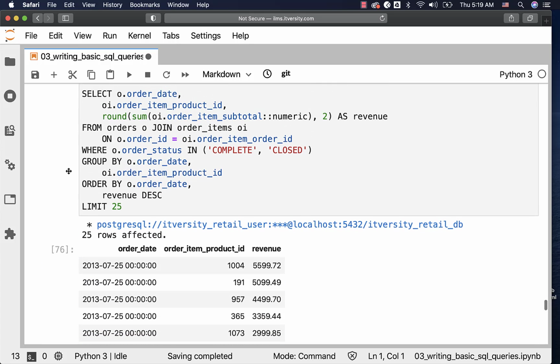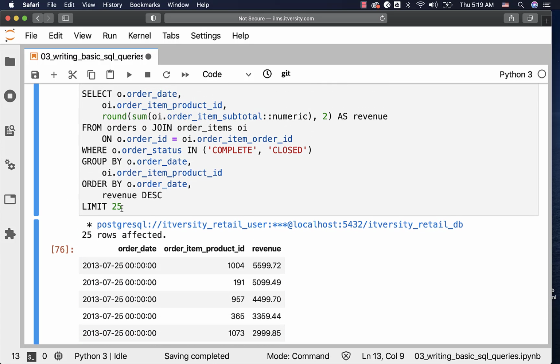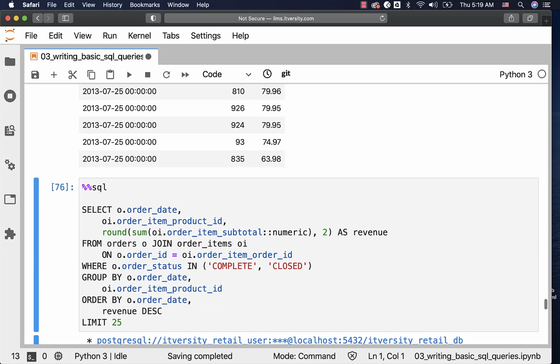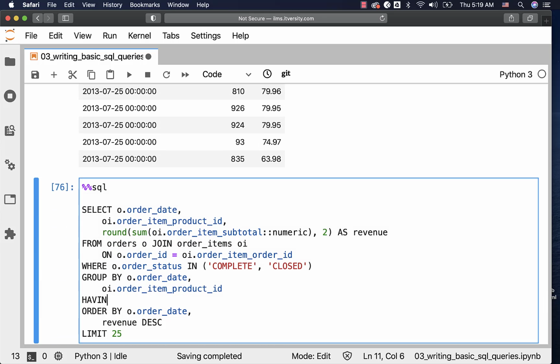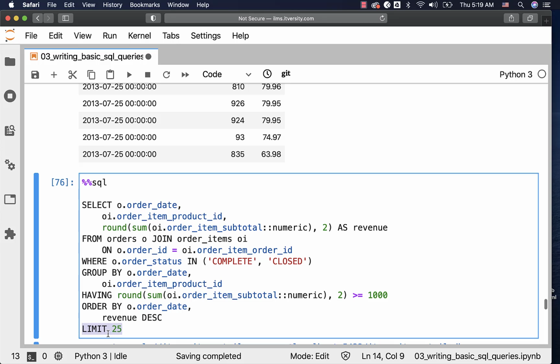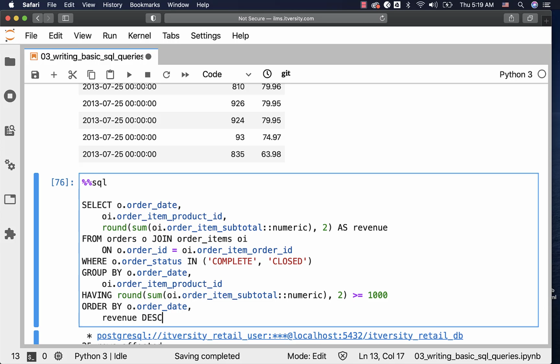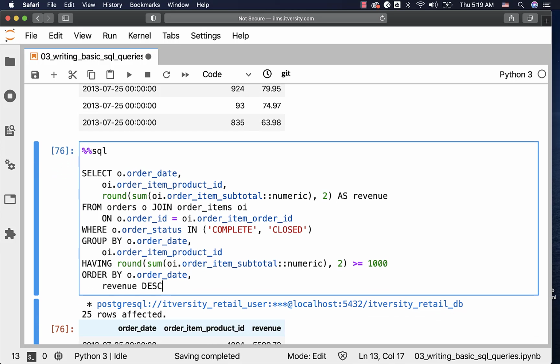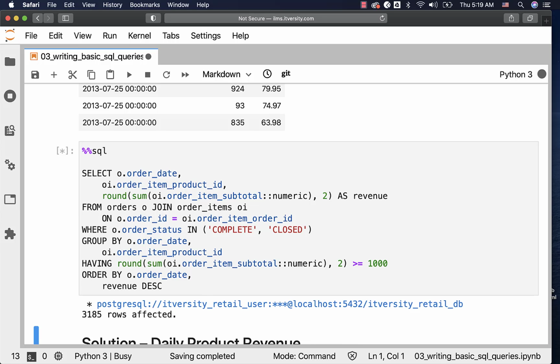Now let's improvise on this query, and let's say HAVING round off sum of order item subtotal greater than or equal to 1000. So I'm only getting those records whose revenue is greater than 1000. So we'll get date, product ID, as well as those revenues whose revenue is greater than 1000.